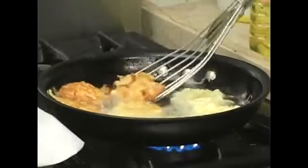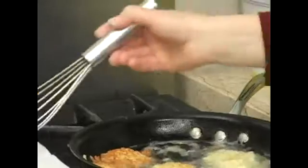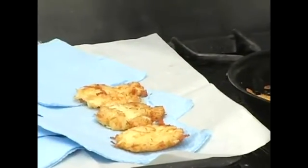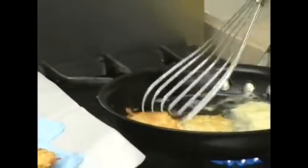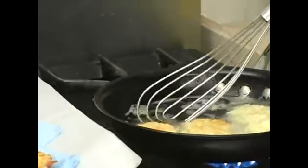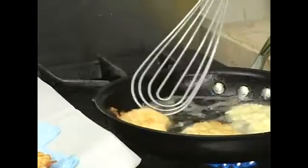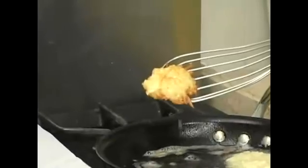Okay, these over here look done. You just want to hold it over and let it drain down a little bit. Let some of that oil drip off before you put it onto the tray. Now if your oil temperature is too low, your latkes can become a little bit oil laden and soggy. So finding the right temperature of nicely browning like this,